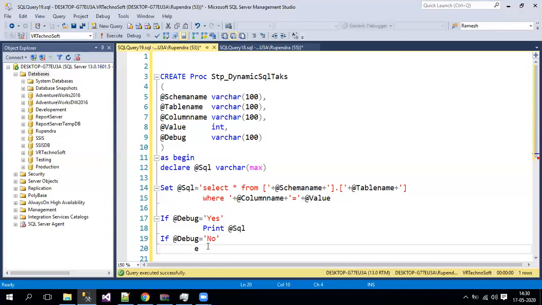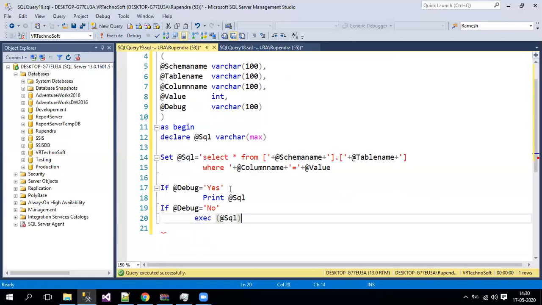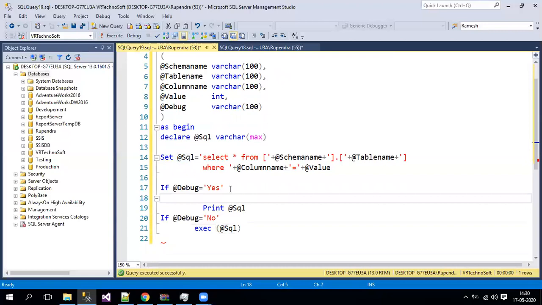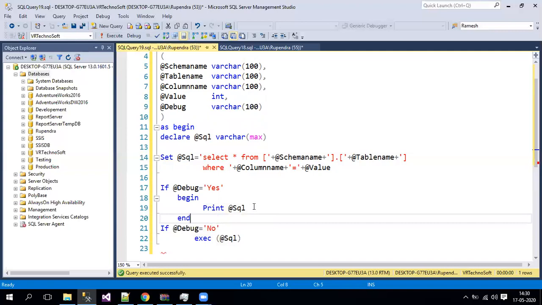To execute that, as I already told you, we need to use the exec command and keep open and close braces. Even if you are not providing the open and close braces, that's fine, but it's better to provide them. Let me also put begin and end blocks over here, and even for this if block as well.